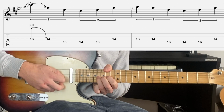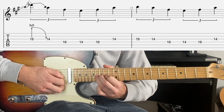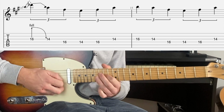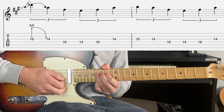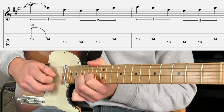So from that final bend, then we've got 16, 14 on the G again, then 16, 14, 16 on the D, back to 14 on the G. So it's the same again essentially without the bend. Okay, so